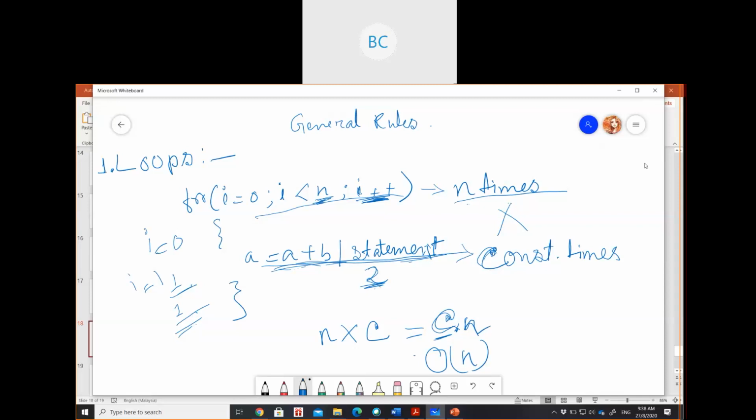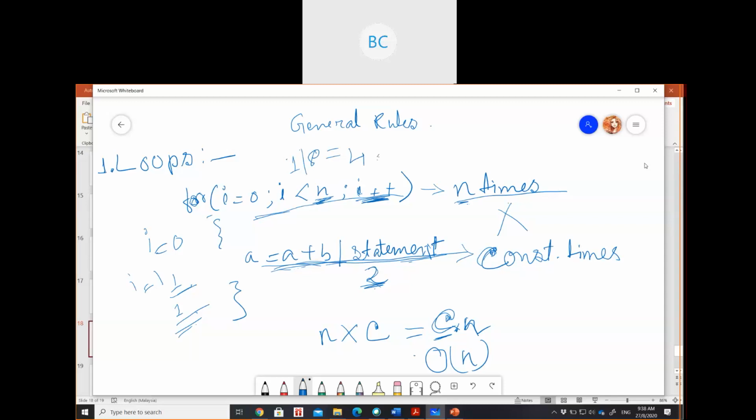See, this is your general structure of a for loop, correct? So your for loop will always run for n times. n means the number of inputs. Suppose I have given input size 4. So this for loop will run for 4 times.